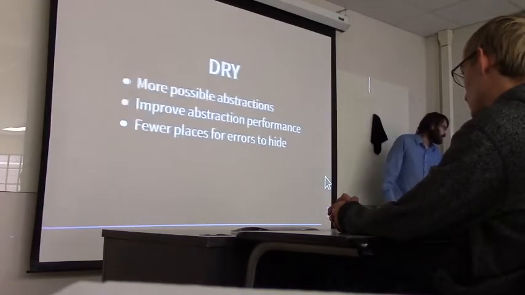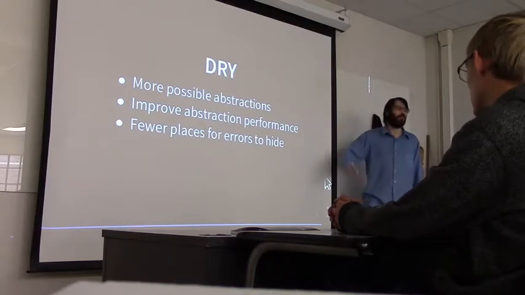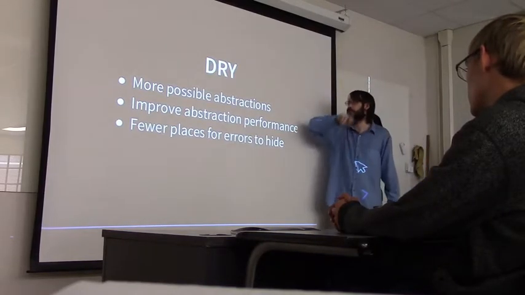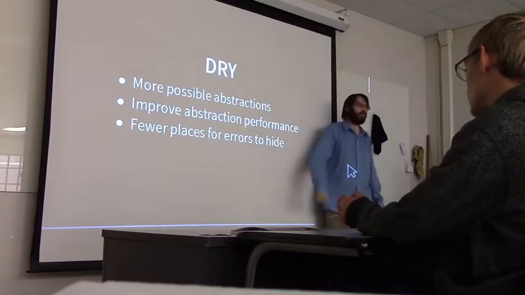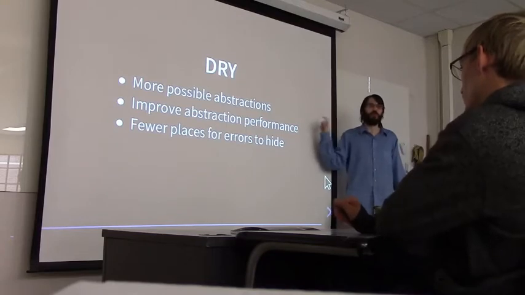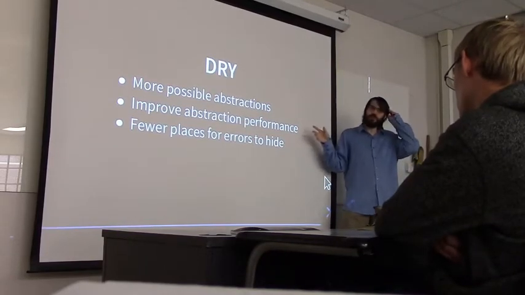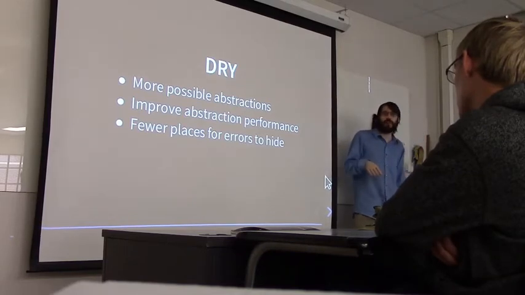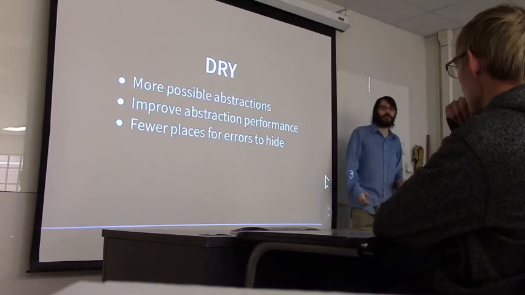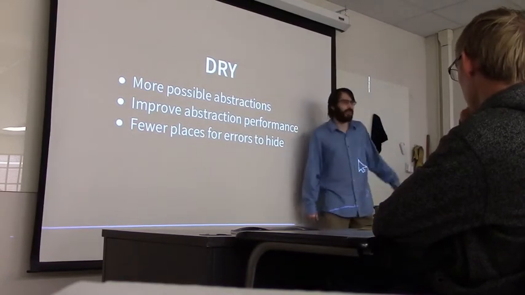So, don't repeat yourself. I've mentioned this before, just reviewing the presentation at this point because we're about to run out of time. You get more possible abstractions. You can write types of abstractions you can't otherwise. You can write more performant abstractions, because you don't need to deal with a ton of indirection. There are some things you can either do with multi-stage programming or with C#'s object system, but doing them with C#'s object system will